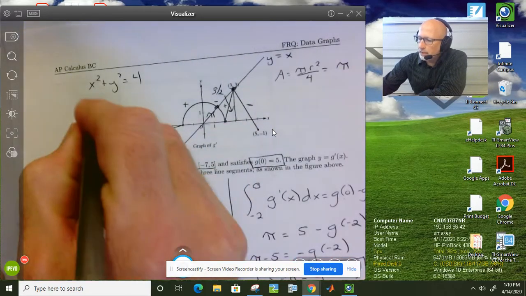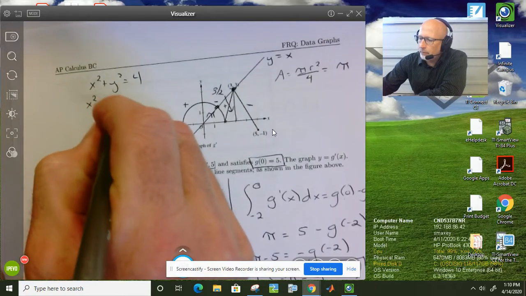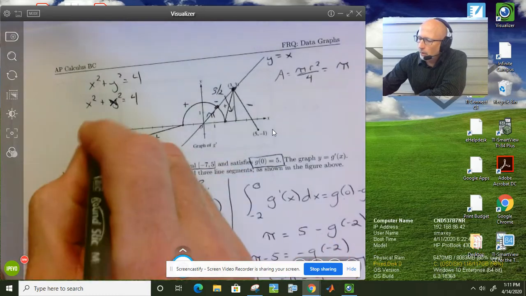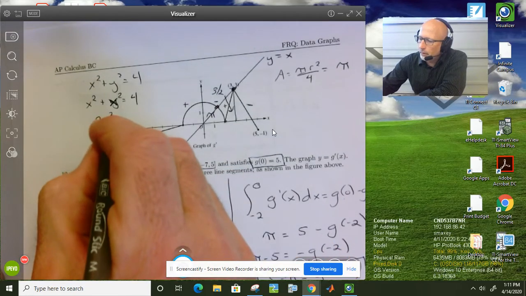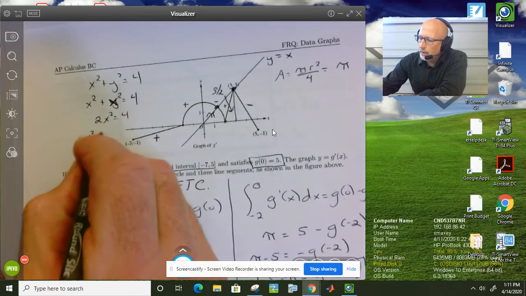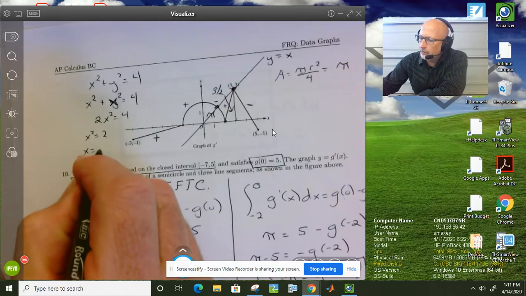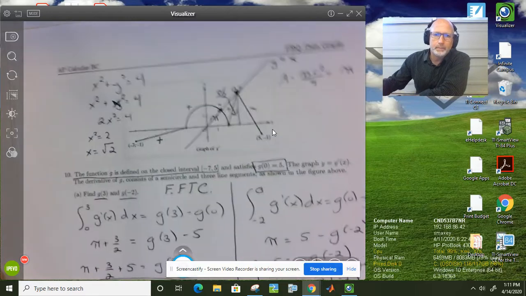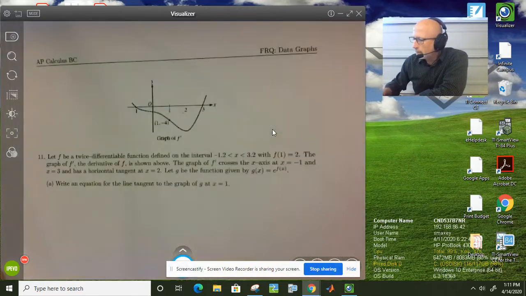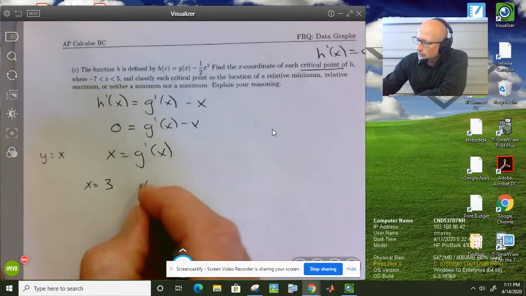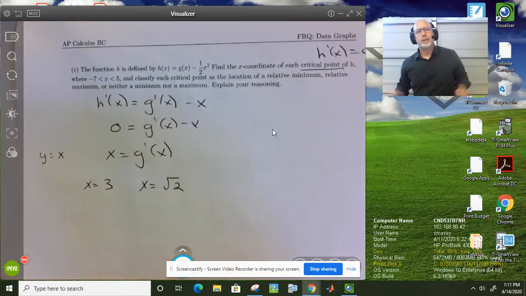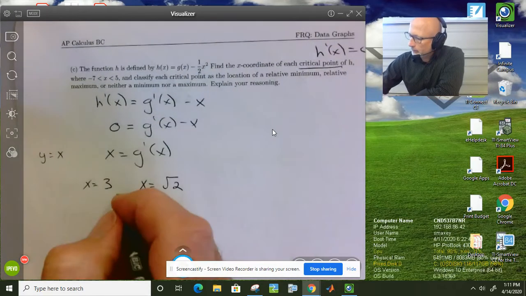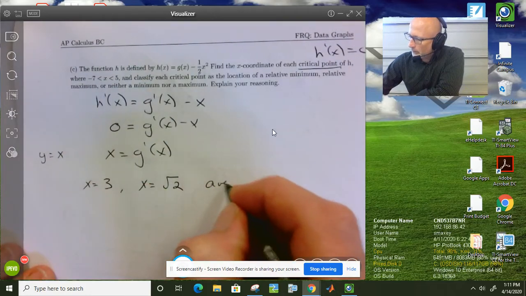So this equation changes to x squared plus x squared equals 4, or 2x squared equals 4, so x squared equals 2. x equals plus or minus root 2, but I'm only looking for the positive value because that's a place where it's positive. So x equals the square root of 2 is another place where it has a critical point. Okay, so this and this are critical points